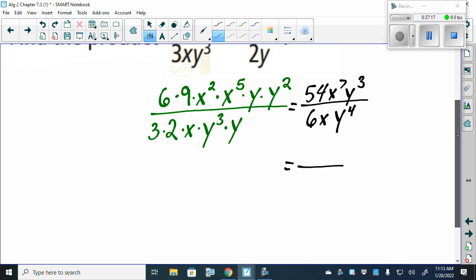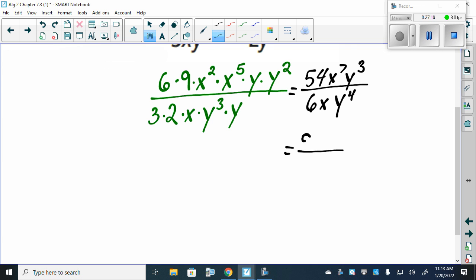Now, 54 over 6 would reduce to 9 over 1. Now, x to the 7th over x, well, 7 minus 1 is 6, and it's bigger on top, so it stays on top. Now, with y's, we have y to the 3rd over y to the 4th. It would be on bottom, because we can do 4 minus 3, and 4 minus 3 is 1, and it's bigger on bottom. We just have y to the 1st or